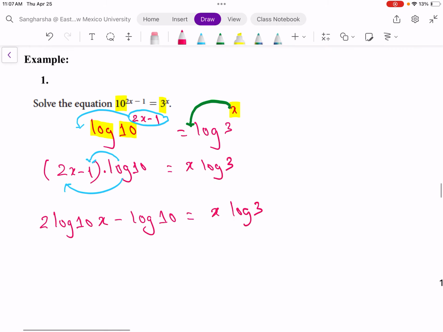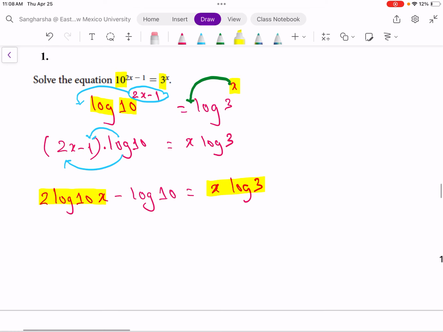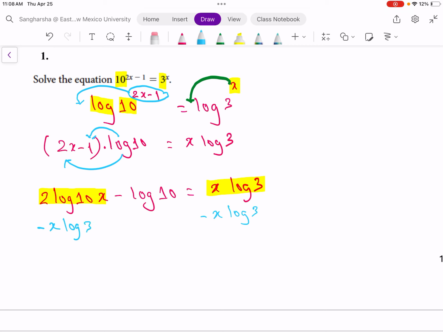Now how do we solve for x? Solving for x means we are making x alone by itself. So let's collect the terms having x on one side. We have two terms, this one with x and this expression with x. So let's collect these two terms on one side and the remaining on the other side. So let's subtract x log of 3 on both sides